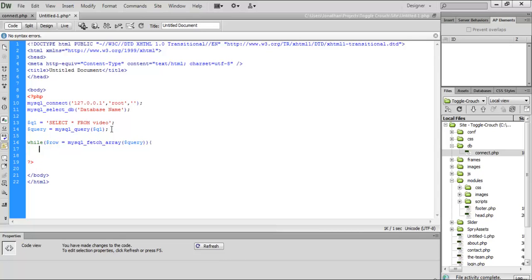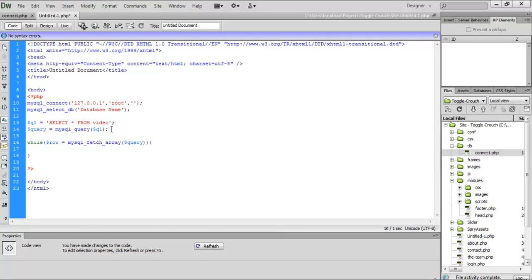Okay, now we open and close curly brackets to tell it where it needs to be, and what we're going to say is